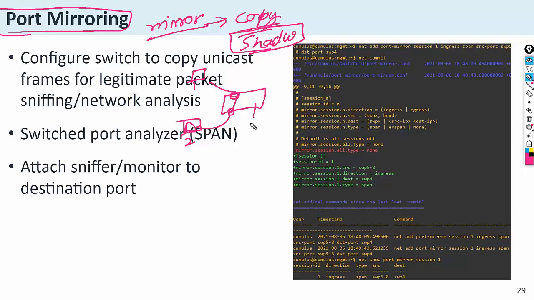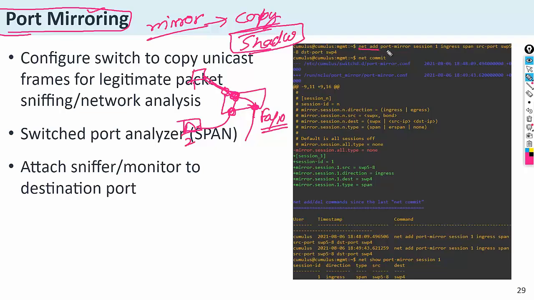So I will use the mirror port. This port is the mirror port of this port and this port. So what the mirror will do is, any data coming to or from these ports, one copy will be sent to this particular port.